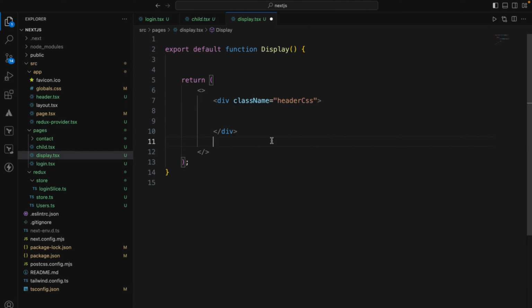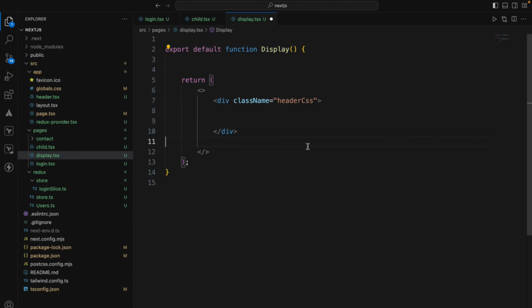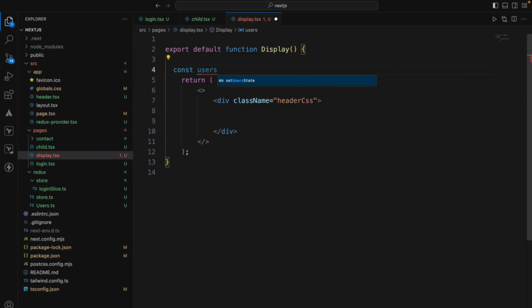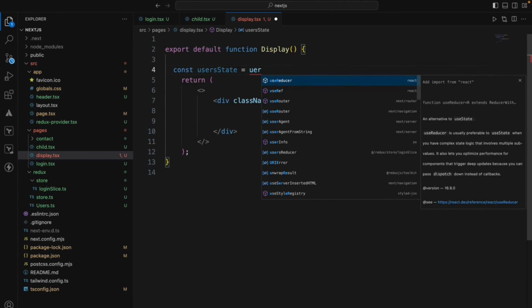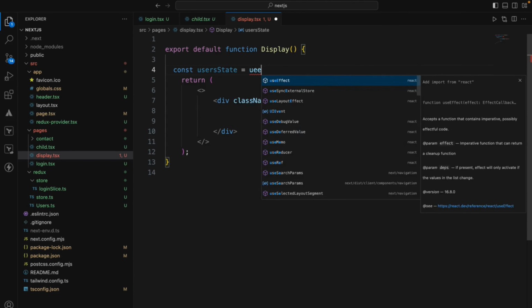Okay, in this page let's get that content from the Redux and display the list of users. Okay, so for that, as the first step, it is simple. Constant user state, you can simply call the use app selector,